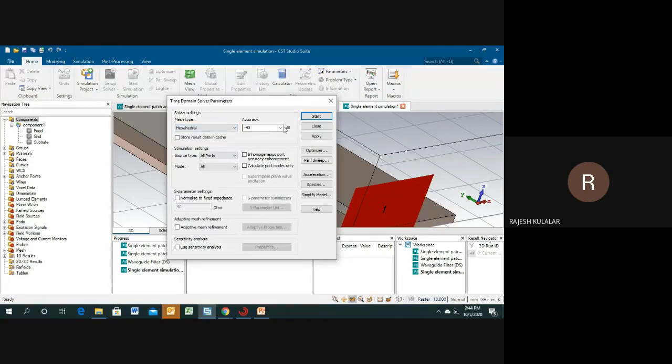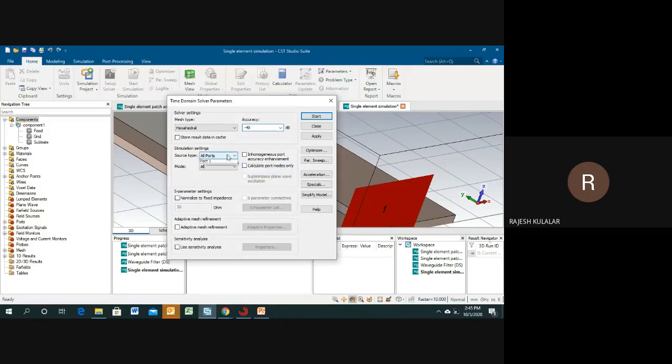This one is the accuracy. Accuracy defines at what level your total energy will be discharged. Let's suppose your antenna is simulated, and if your energy is not totally discharged up to -40 dB accuracy, then you need to improve the accuracy level from -40 to -50. By default, in most cases the application is fine, but in some cases this one is not enough, so you can improve the accuracy, but it's a trade-off between time and accuracy.